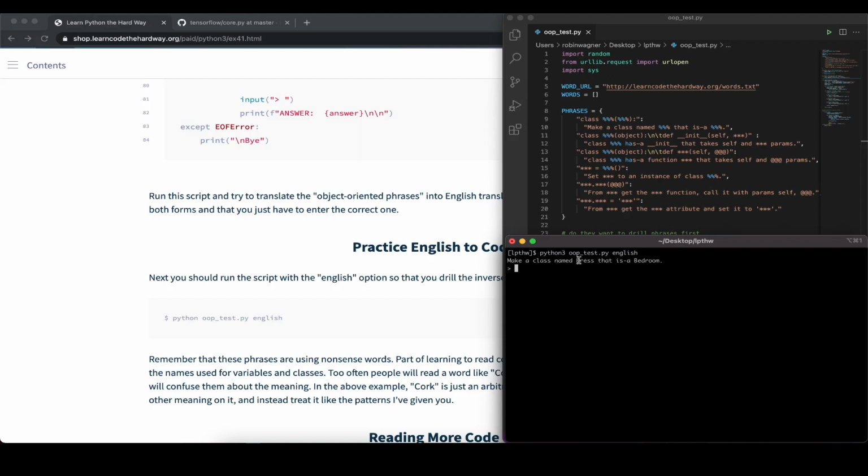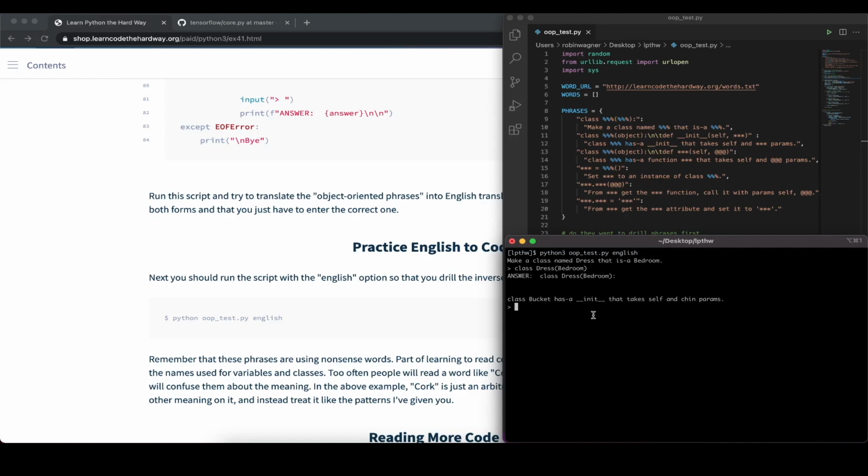So this is a command here: make a class named dress, like this. That is a bedroom. So here we would type it like this. We have the class definition as a keyword to create a new class. We name it dress, and that is a bedroom. That basically means it inherits from the bedroom parent class. So that should be the input here, and this is the answer. Ideally we would have added the colon at the end as well. So this is how we can test ourselves.